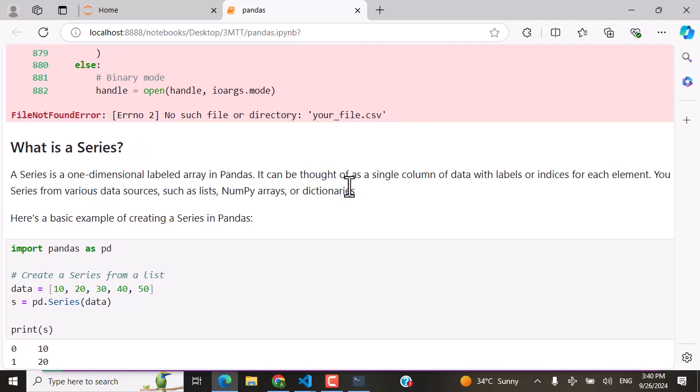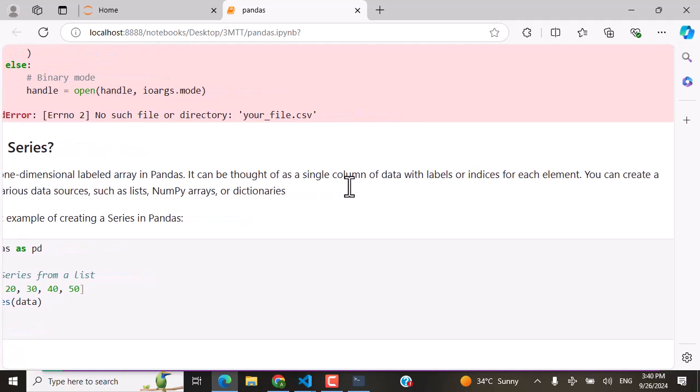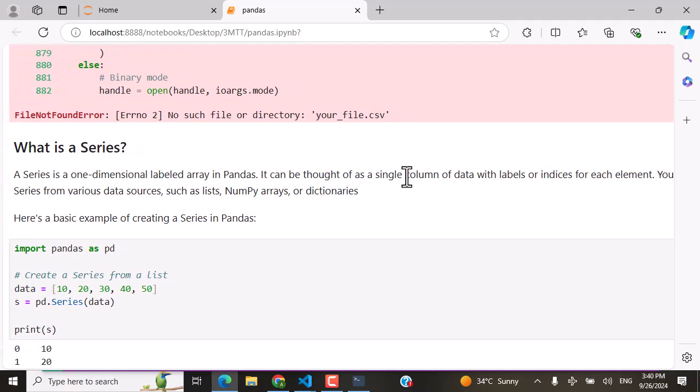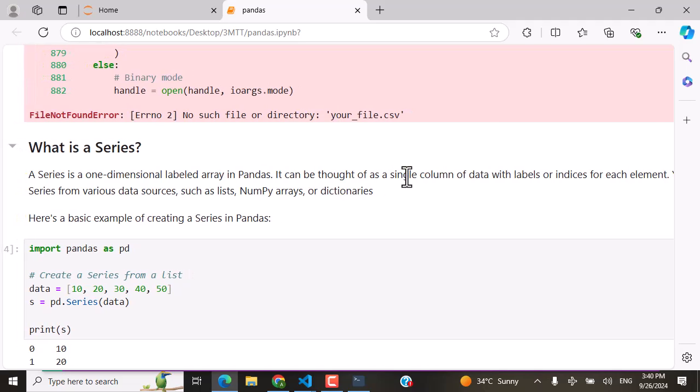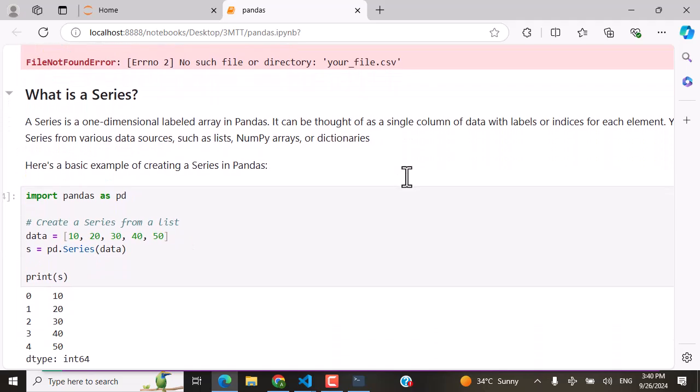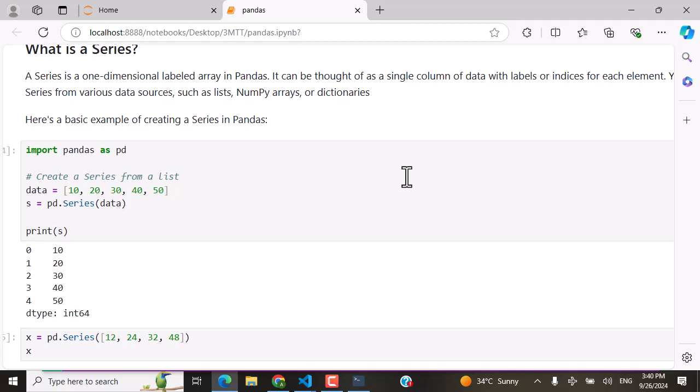It can be thought of as a single column of data with labels or indices for each element. You can create a series from various data sources such as lists, NumPy arrays, or dictionaries. So straightforward, you have